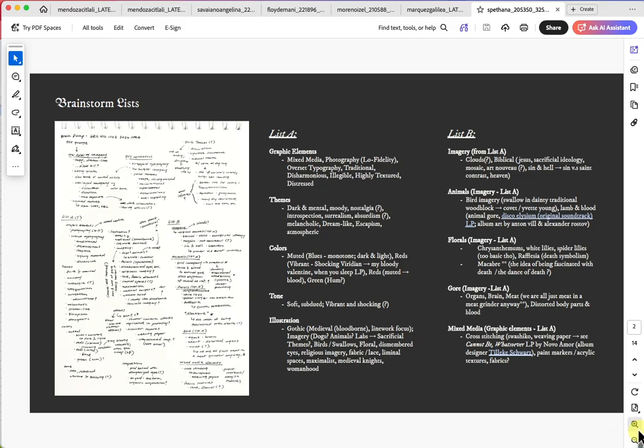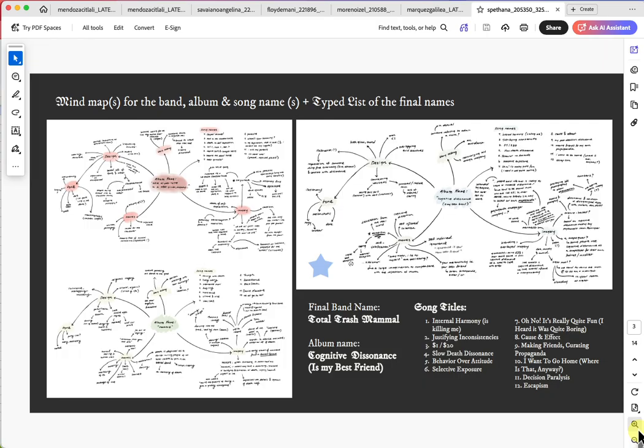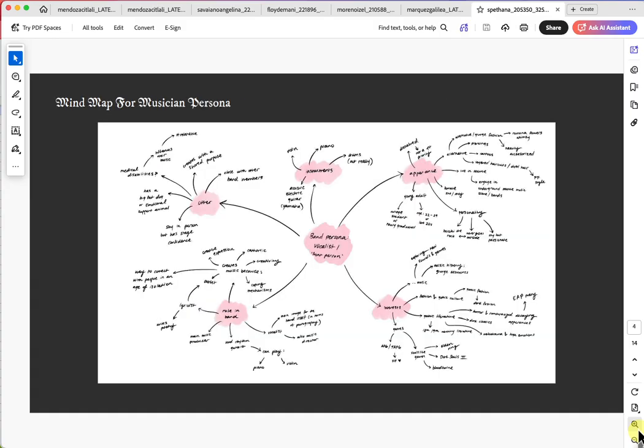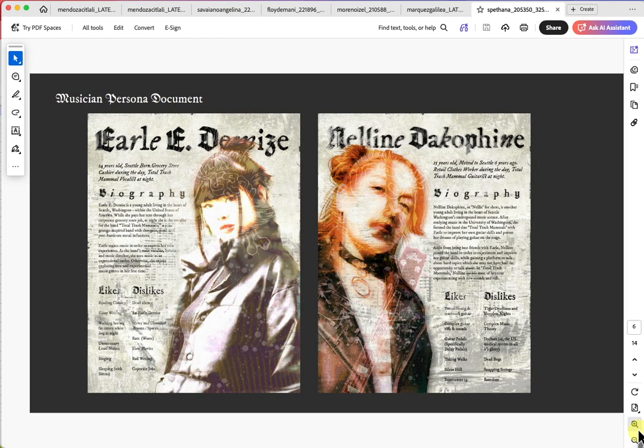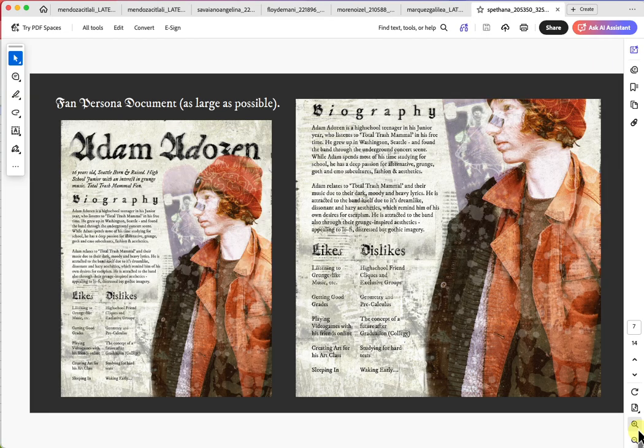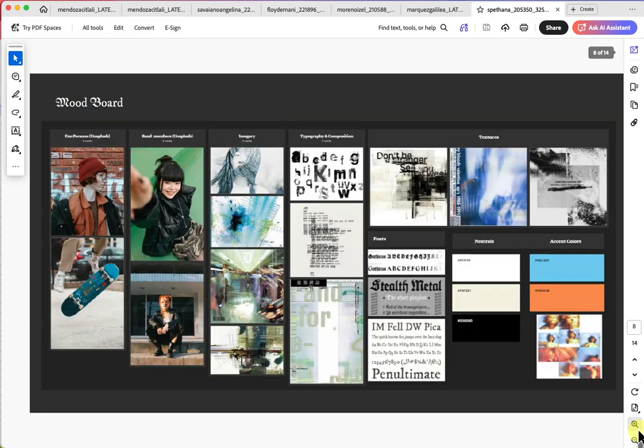Lovely brainstorming. And here's our lists. Beautiful. Great mind mapping. Excellent. Wonderful. And our persona mind map. Really great. Really good. Good stuff. Whoa, these are cool. Excellent. Really lovely. All right, and here's our mood board. Very nice. Okay,